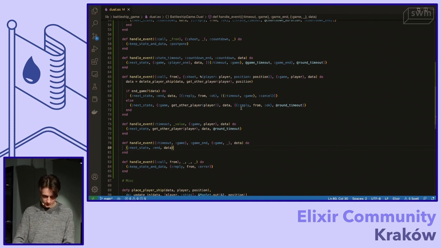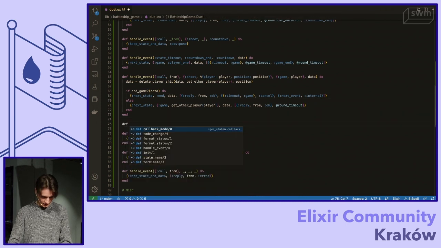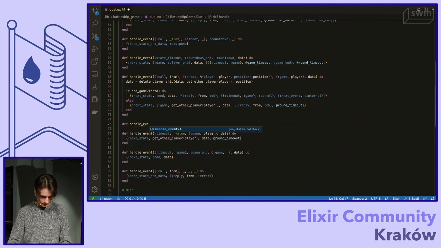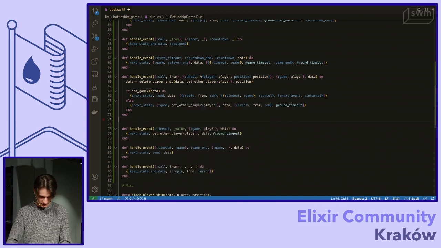Now let's say that when the game ends, we want to just stop the state machine. So one thing we could do is doing the internal event, which we can do like that. So next event, internal. And we could handle this like that. Internal, but let's not do it. Let's actually